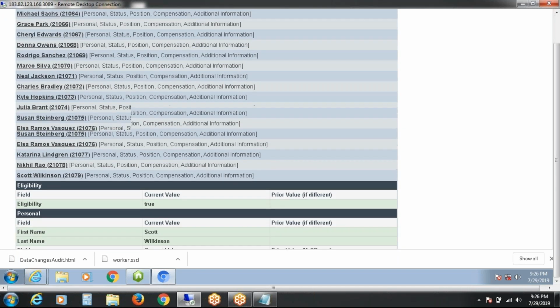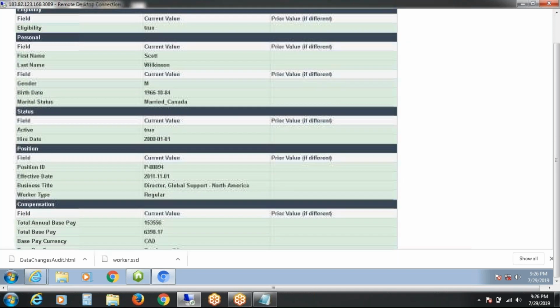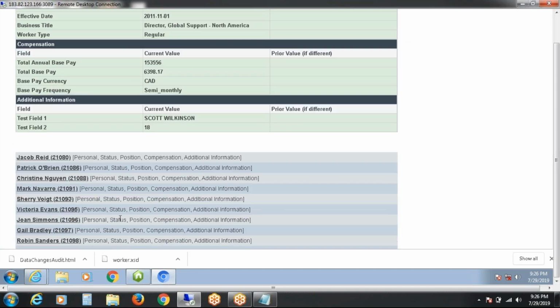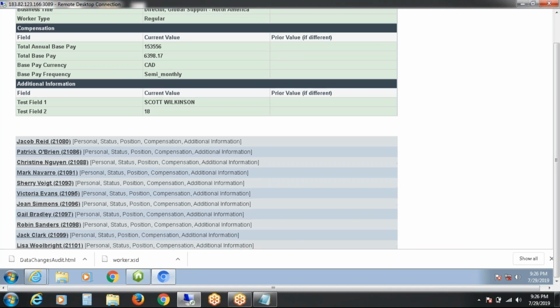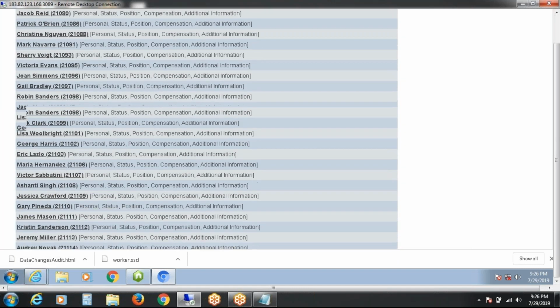If any value is changed, here you will see the prior value and what the current value is. Actually in this practice tenant we are not able to get this, but normally we used to get the previous value and the current value.